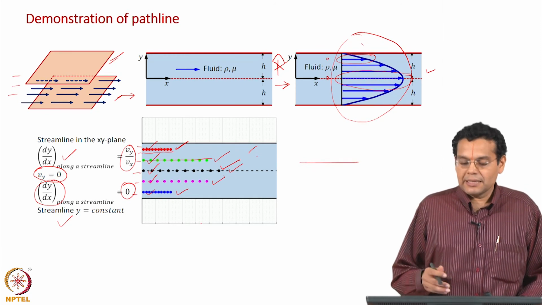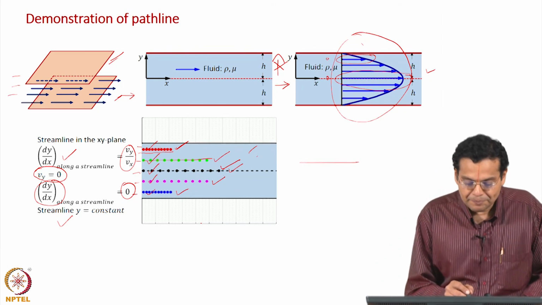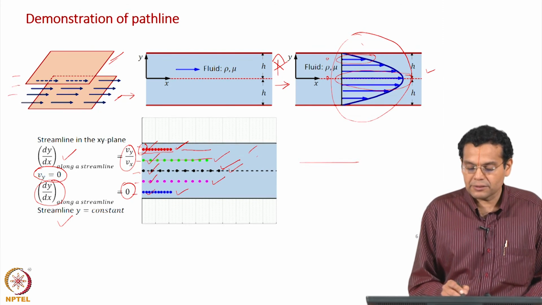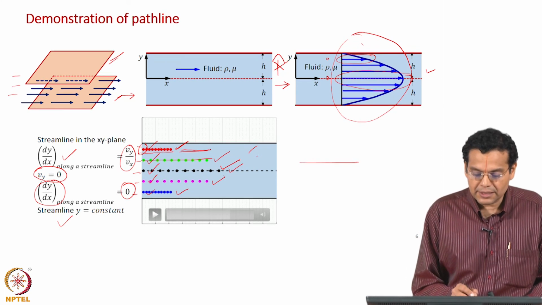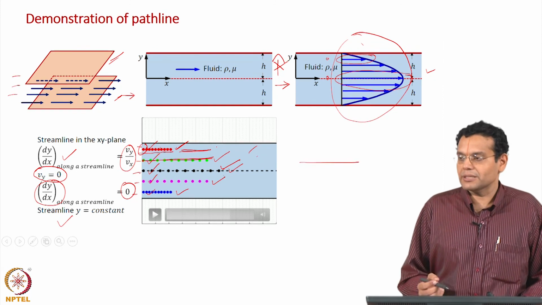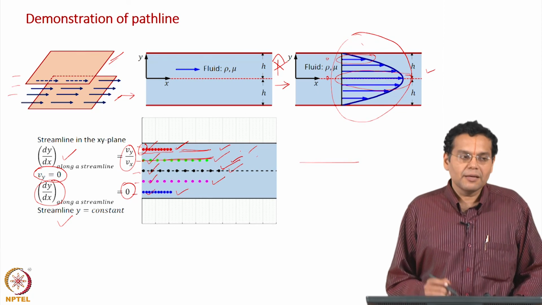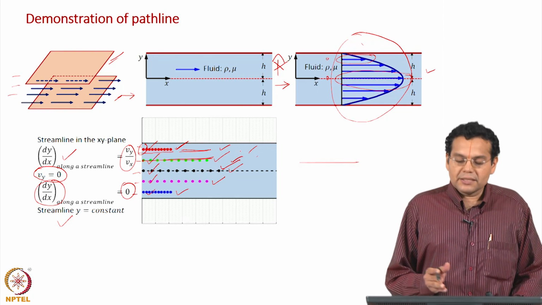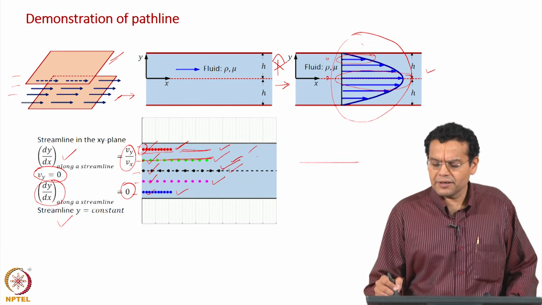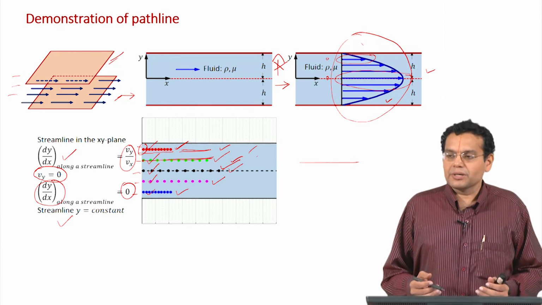So, path lines and the streamlines coincide with each other, not any path line, any streamline, but the streamline passing through this location and the path line through that location coincide. Similarly, the streamline passing through this location and the path line passing through that location coincide. You cannot say this path line coincides with this streamline and so on, that is not correct. Now, this is the case of a steady state velocity field. This velocity field does not change with time, hence streamlines coincide with path lines.